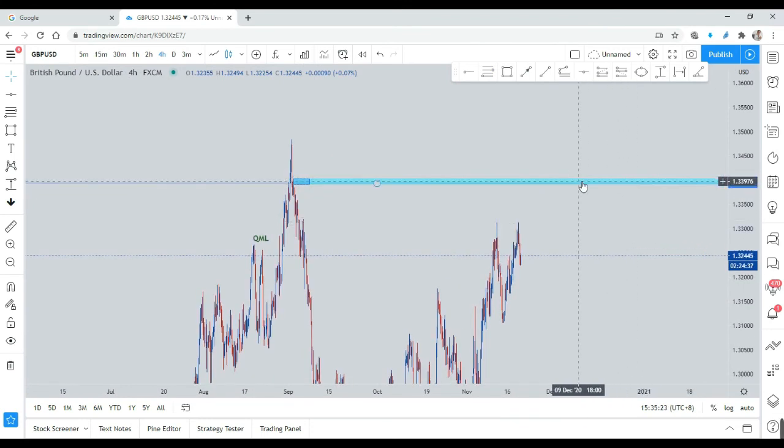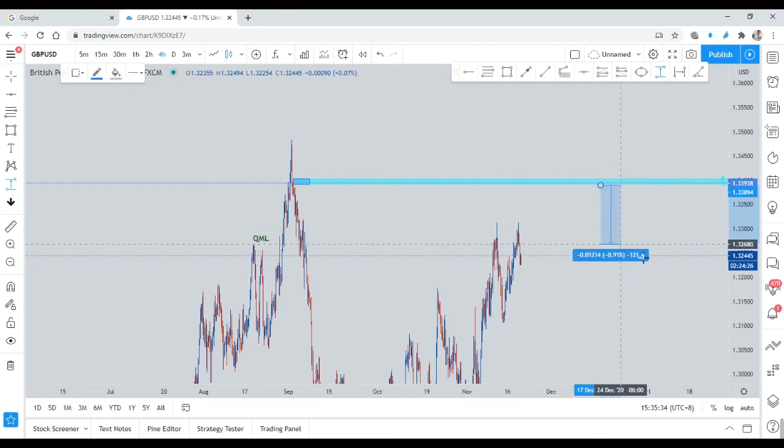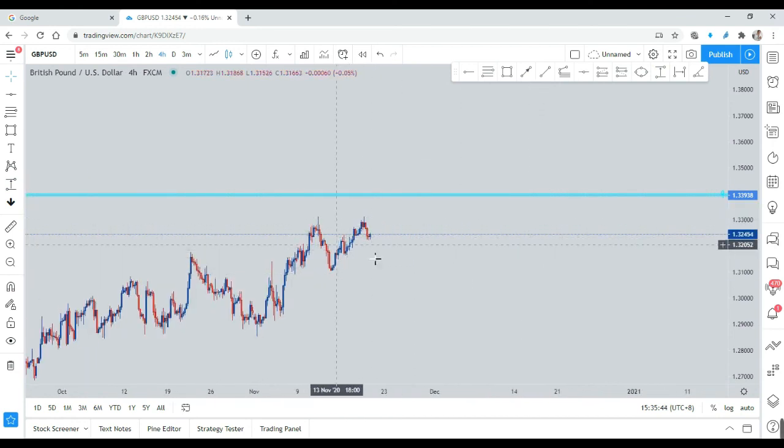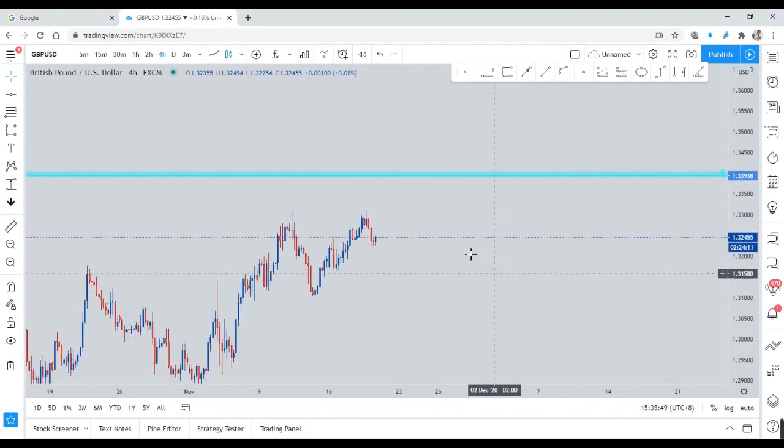So with 12 pips risk, I'll be aiming for maybe 100 over pips. Definitely this will be a 1 to 10 ratio, more than that. Okay, this will be my Q zone. So that's all for me. Just remember to be careful when you see a QM level. Not every QM level is a real QM level. You always check with the head. If the head collides with other resistance or support, if you're doing a buy, then it might be a